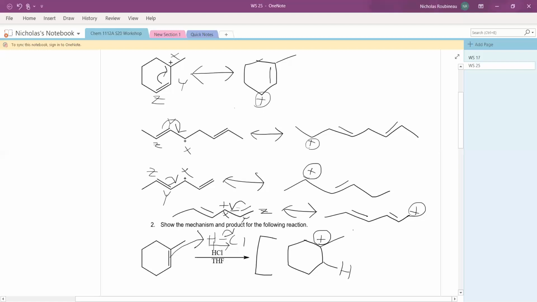It's going to act as an electrophile. It's going to react with the chlorine that we kicked out earlier. The chlorine is going to act as a nucleophile and just attack the positive charge. So we get that product